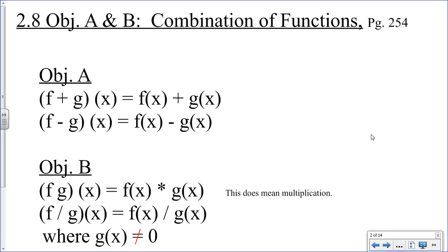So you have done these operations before with polynomials. So it's really the same thing, you just haven't really seen this notation maybe. This asterisk does mean multiplication. The reason why we put an asterisk there is because